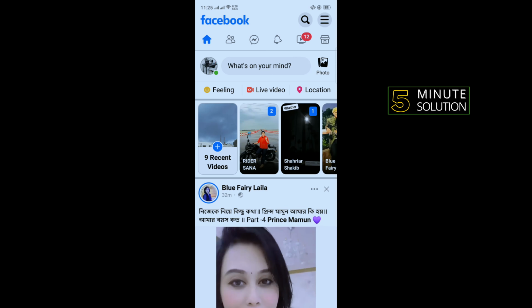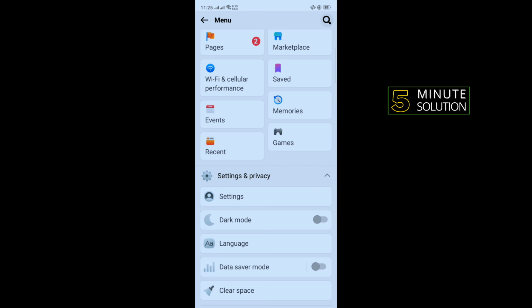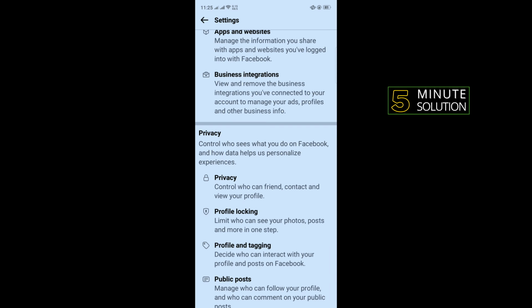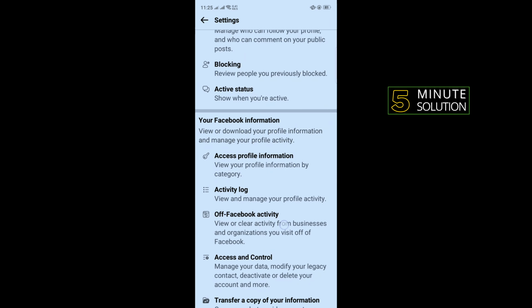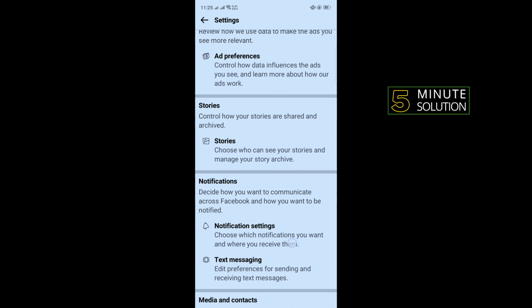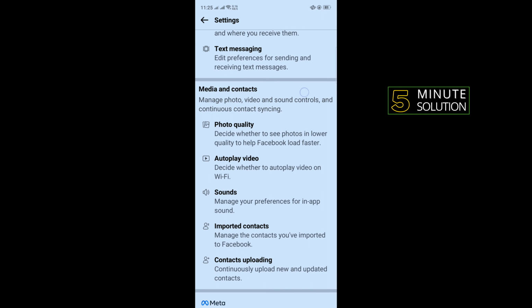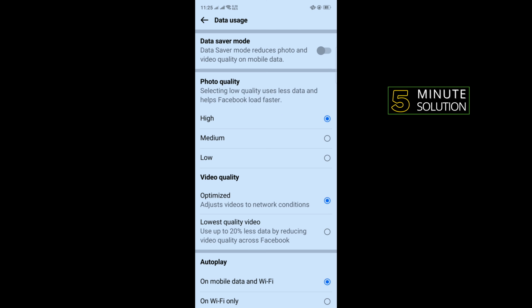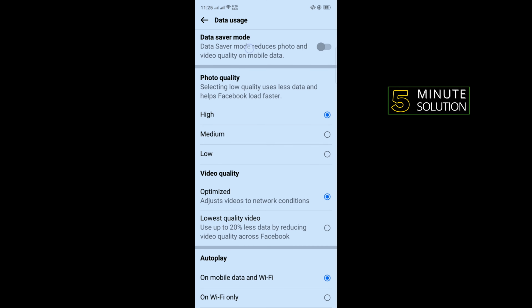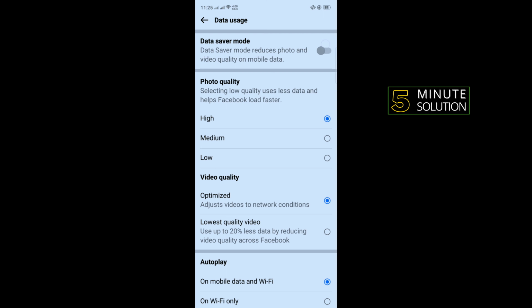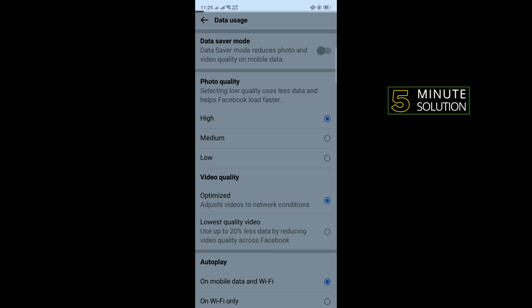So first of all, open your Facebook app and tap on this 3-line icon to the top right corner and tap on settings and scroll down and search for media and contacts. Here you will get media and contact section and tap on photo quality, and here you'll find data saver mode. So all you have to do is just toggle on this to enable data saver,